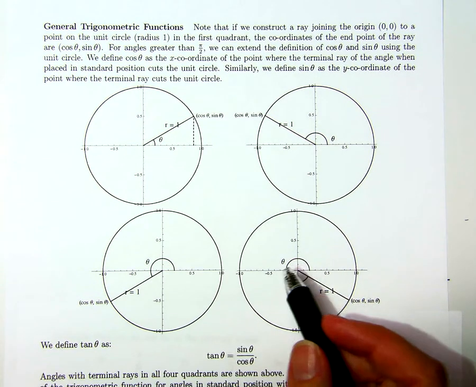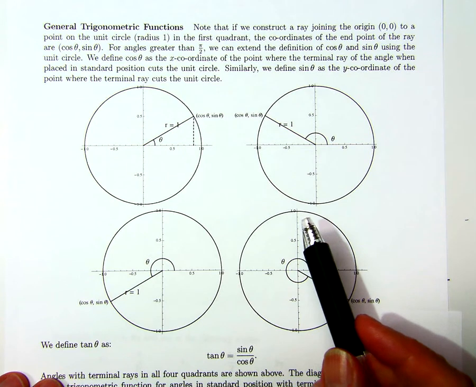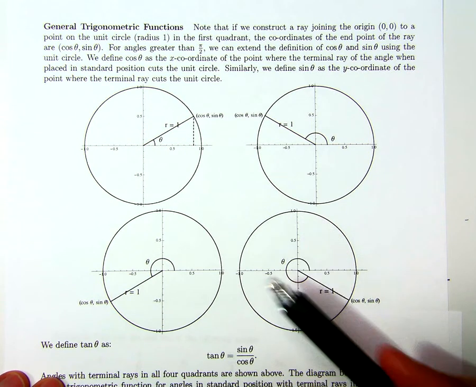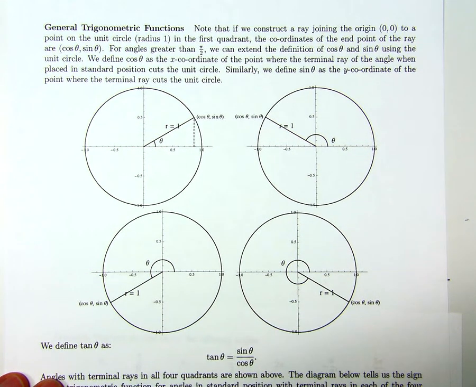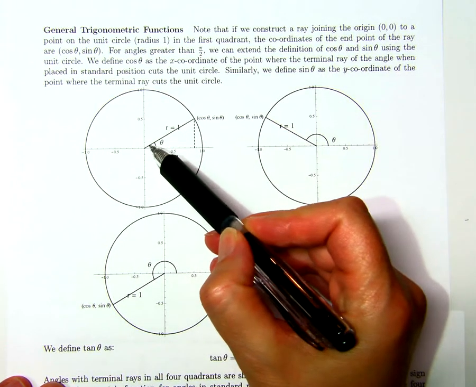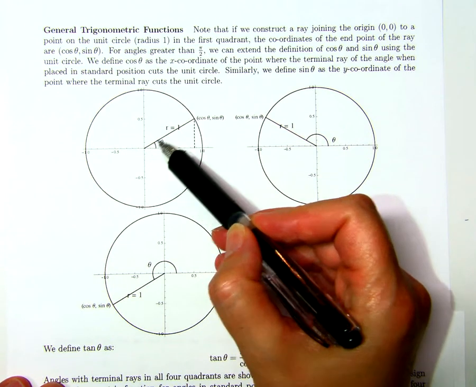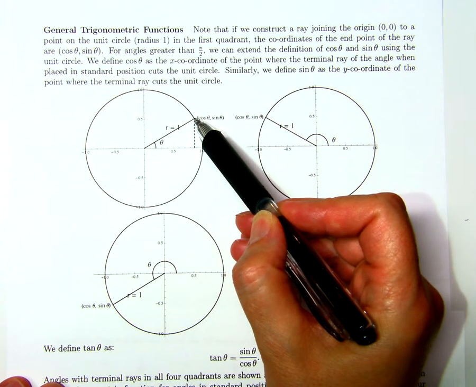In this section we're going to give the general definition of the trigonometric functions, and we're going to use the unit circle to do that. So notice if we construct a ray joining the origin (0, 0) to some point on the unit circle in the first quadrant,